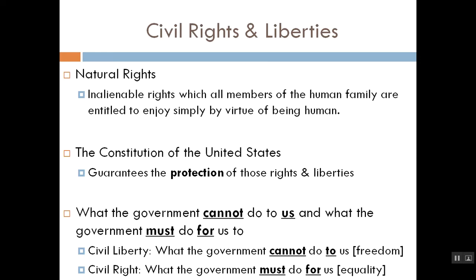That idea of the natural right, an individual, inalienable liberty, universal to all members of the human family, is really going to be introduced to European political thought in the 17th century by the writings of a number of political philosophers, but in particular by the writings of a British philosopher named John Locke. And John Locke is quite frequently considered an intellectual founder or an honorary framer of the United States government,